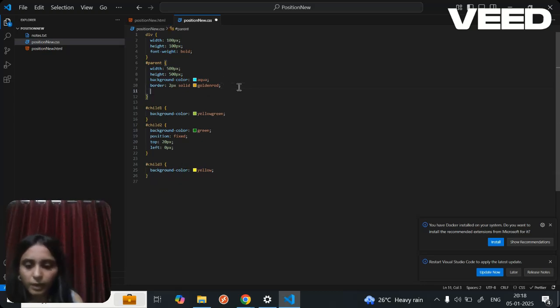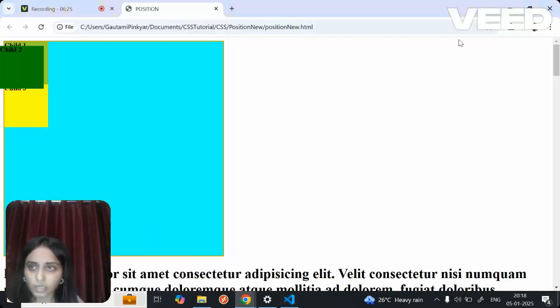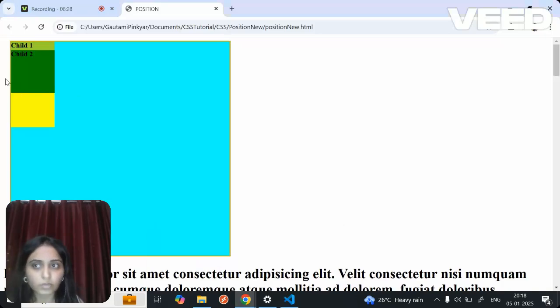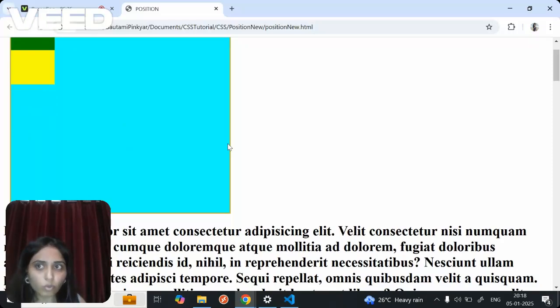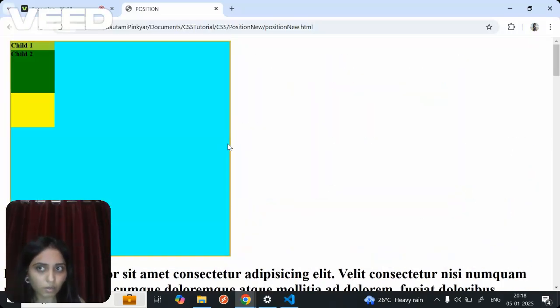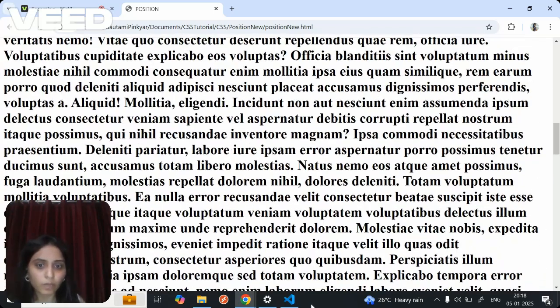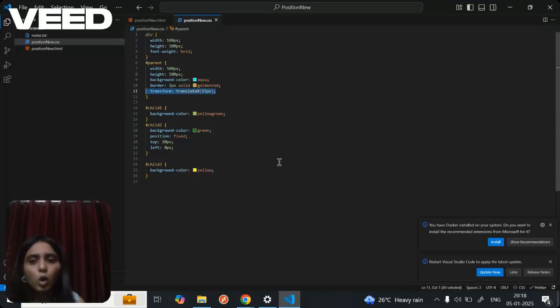Let me go to the parent and put transform as, for example, translateX of 15 pixels. What this means is that your parent will actually move on the x axis, 15 pixels from the screen. So here if we see, it actually moves 15 pixels from the screen. Can you see this? Now what happens is that when you give your parent a transform property and you try to scroll, whatever the fixed behavior was, it is not happening. So this is a very small, minor observation where your fixed doesn't work.